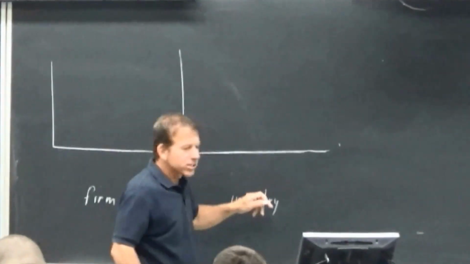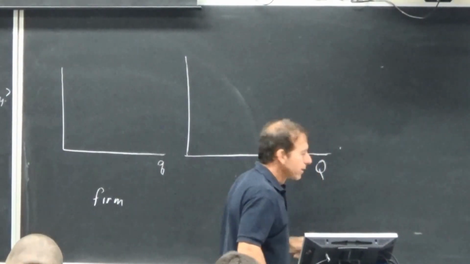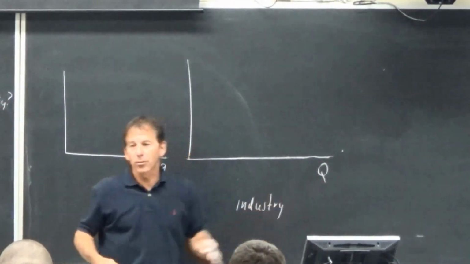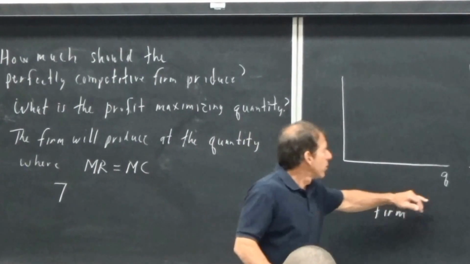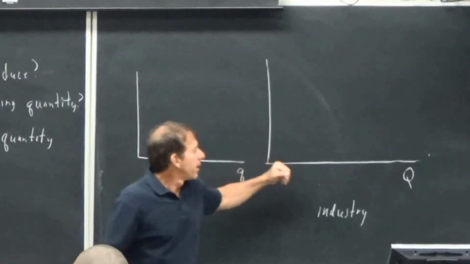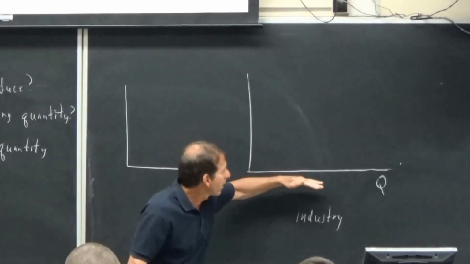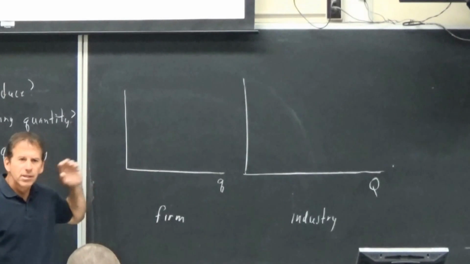So we look at the industry, and the industry's output is going to be a big Q. Because the little q, obviously, will be a little smaller than the big Q. In other words, the company is just one of many. So a company might produce 10 units, and the industry might produce 10,000 units. Okay, so we're going to figure out how much the industry produces, how much the company produces, and everything else